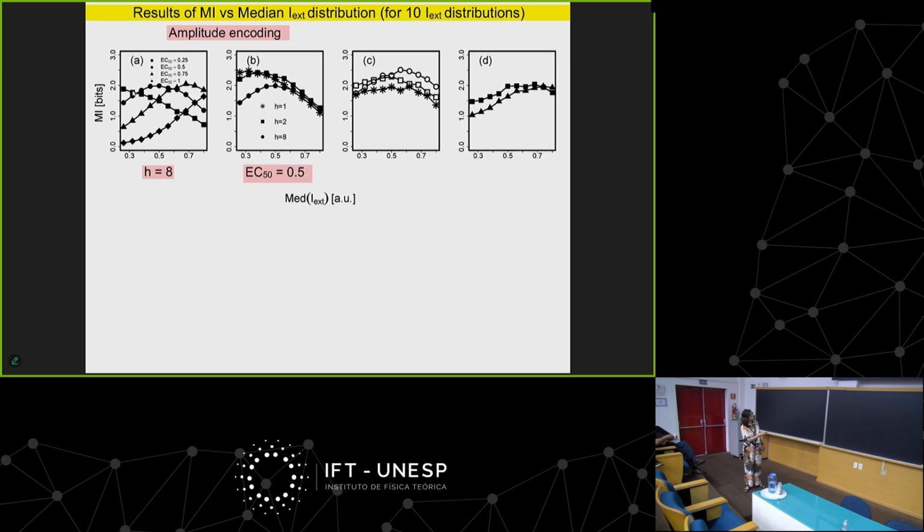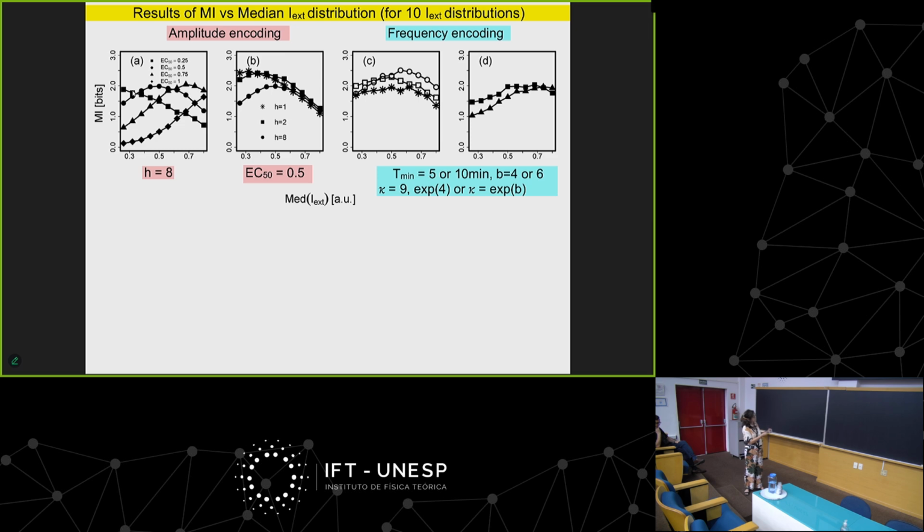And this is the same, but keeping the EC50 fixed at 0.5 and changing H. And this is for frequency encoding and different values. And